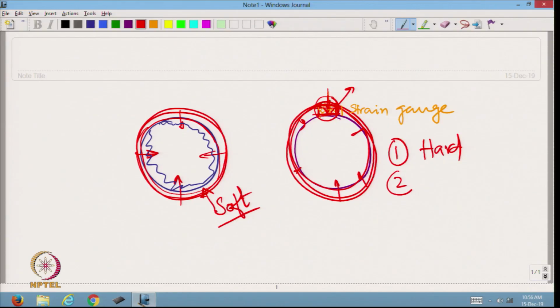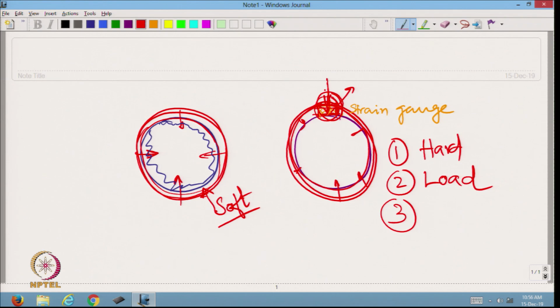Second drawback is that it measures the compressive load, not the pressure, at a particular point. And third and most important part is